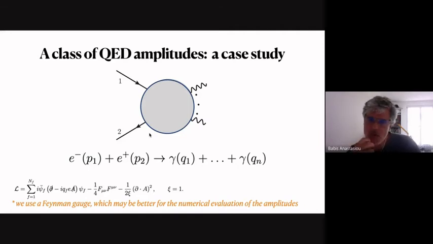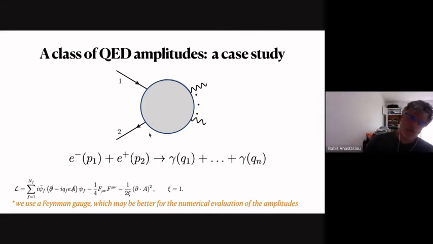So let me show you this in one example. The example is the one loop, and later on the two loop amplitude for e plus e minus to a large number of photons, as many as you like. And I will do this in QED in Feynman gauge. The choice of gauge is important. If you change the gauge, you can change the nature of collinear singularities, for example. Axial gauges have a different behavior diagrammatically. But the Feynman gauge is the one that we like to use in modern high-order perturbative calculations. So it gives a simple structure in the denominators.